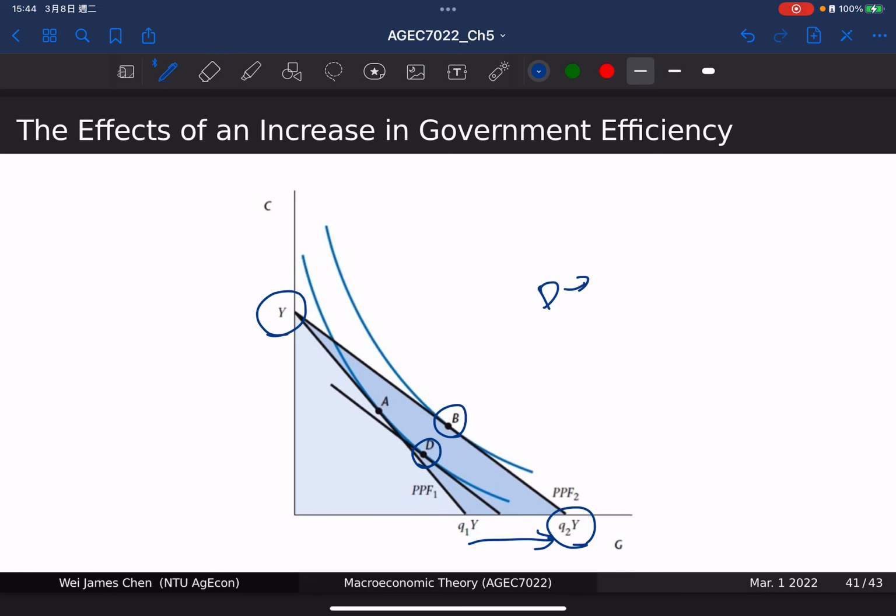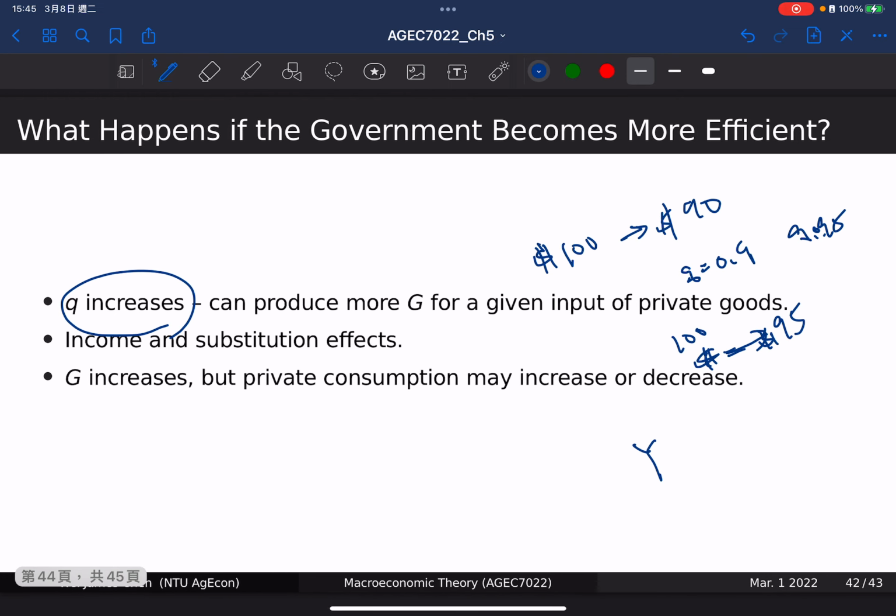From D to A, that's the substitution effect. From A to B, that's the income effect. Okay? So G increase,